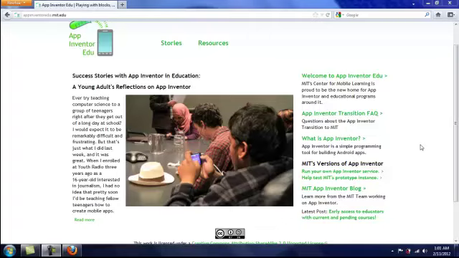Now, in a couple of previous tutorials, we had discussed setting up your own build server, which has been one of the more difficult parts for people to grasp. What we're going to do now is a complete build from start to finish, including the build server and deploying your project on Google's AppEngine, so that you can run your own version of App Inventor for Android. The first thing we're going to do is go to the MIT website,